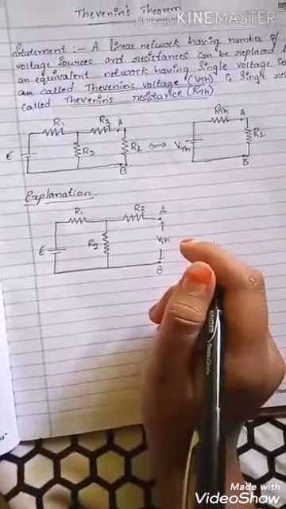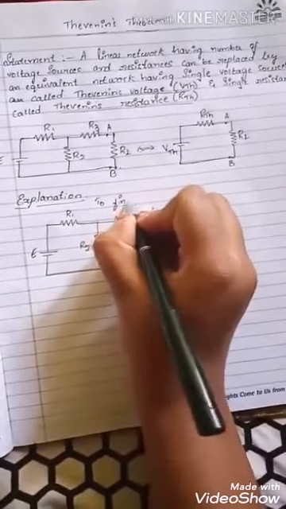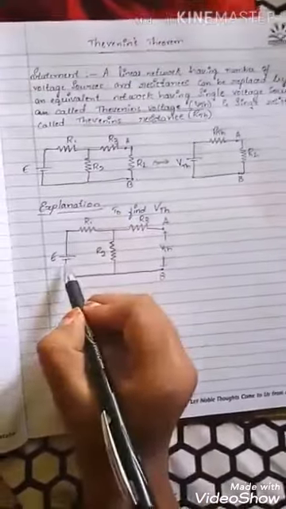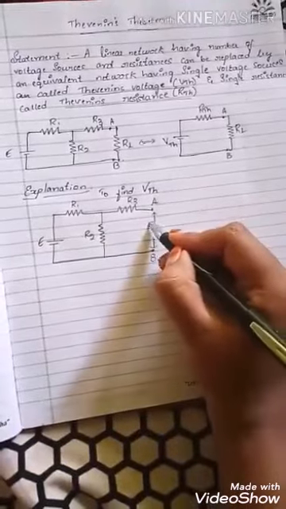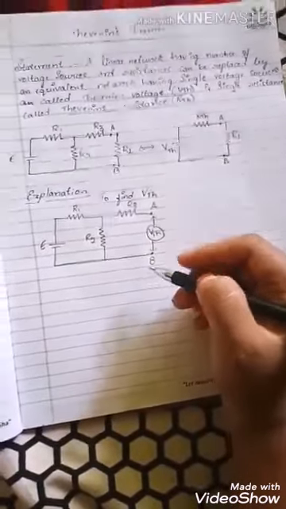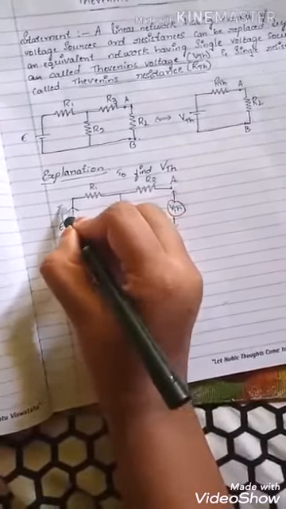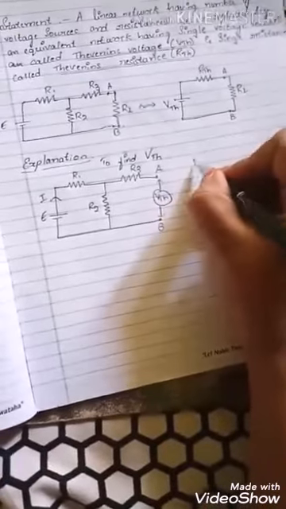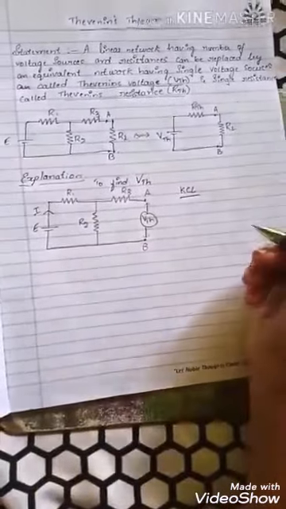First thing we have to do is to find the Thevenin's voltage, that is, to find VTH. Consider the network with EMF E and resistors R1, R2, R3. Here the load resistance is replaced by the Thevenin's voltage. Now let us take the direction of the current flowing from the cell as I. We know from Kirchhoff's current law, the current entering the node is equal to the current leaving the node. This is the statement of Kirchhoff's current law.